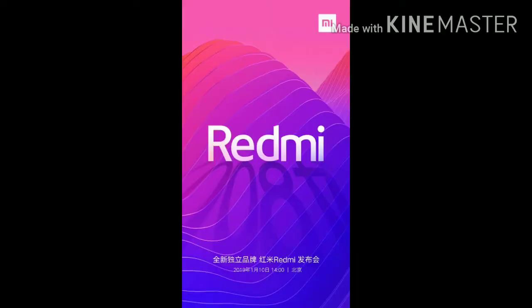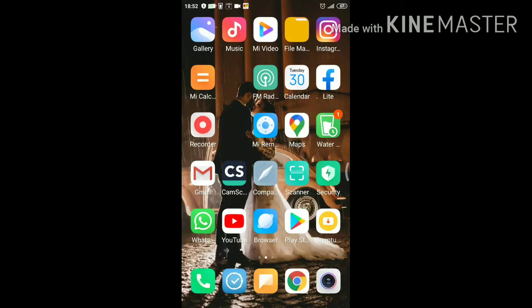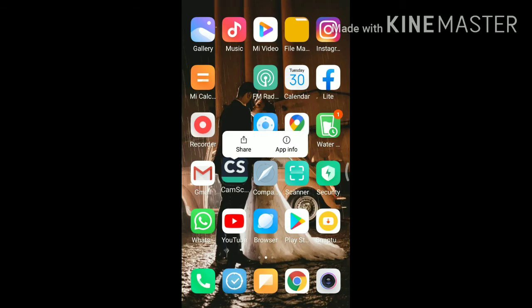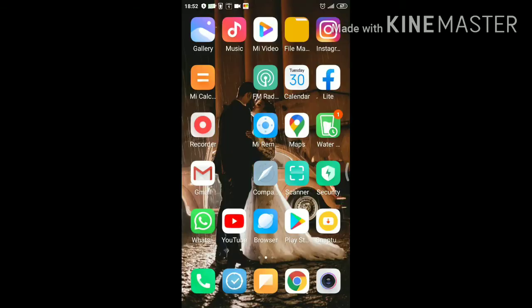In Chinese phones, luckily you have an easy way to disable it. If you have a Redmi or Realme phone, then you can do it easily. Now I have a Redmi phone in which I will show you how to disable Chinese apps. Now you can see I'm going to uninstall CS Scanner. It is easy to uninstall, whereas the Mi Browser is an inbuilt app, so I can't uninstall it.